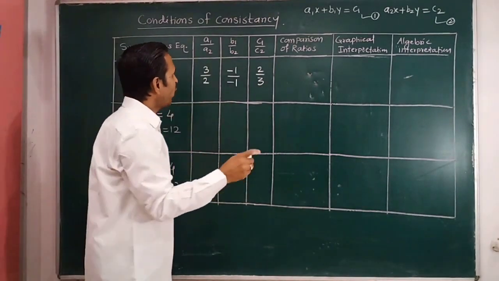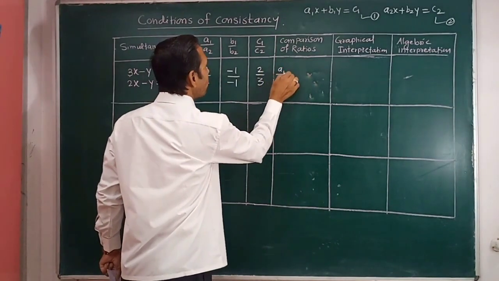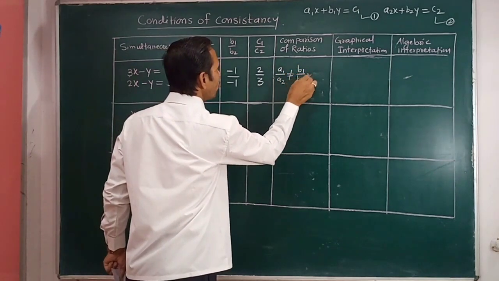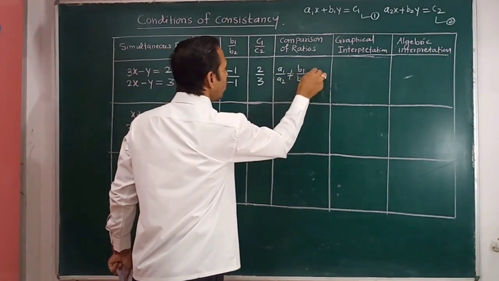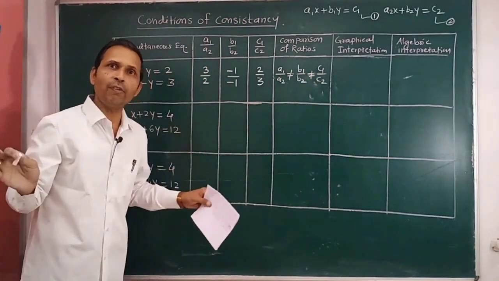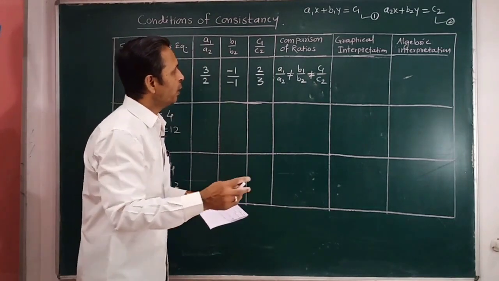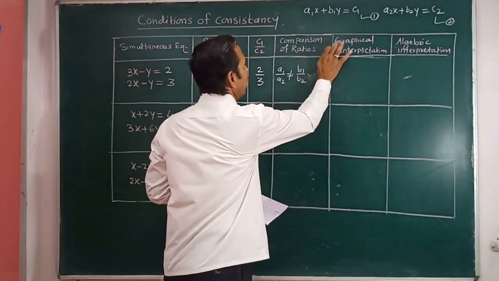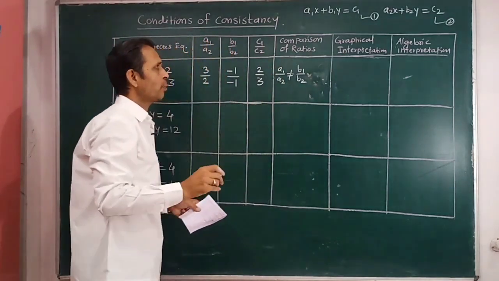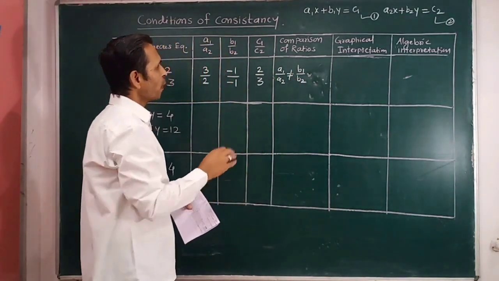then we will find that 3 upon 2, that is A1 upon A2, is not equal to B1 upon B2, and this is not equal to C1 upon C2. It means all these three ratios are different. A1 upon A2 is not equal to B1 upon B2, and in such a case,